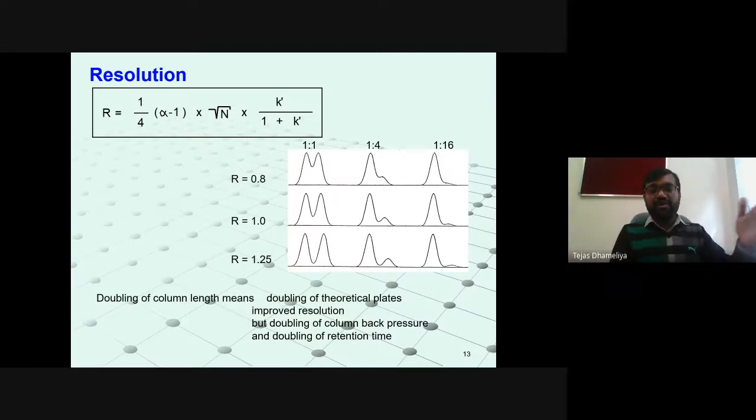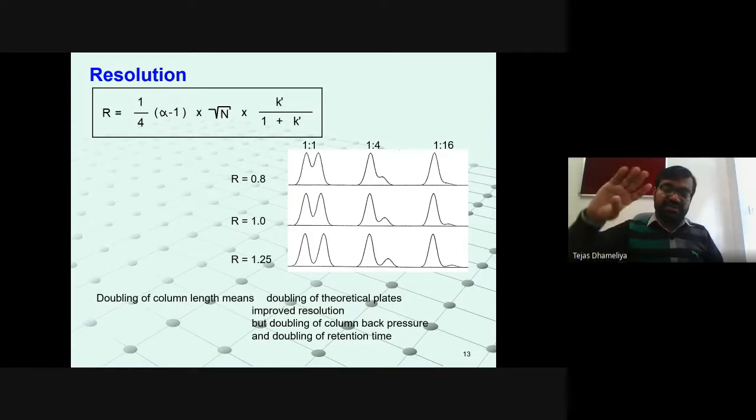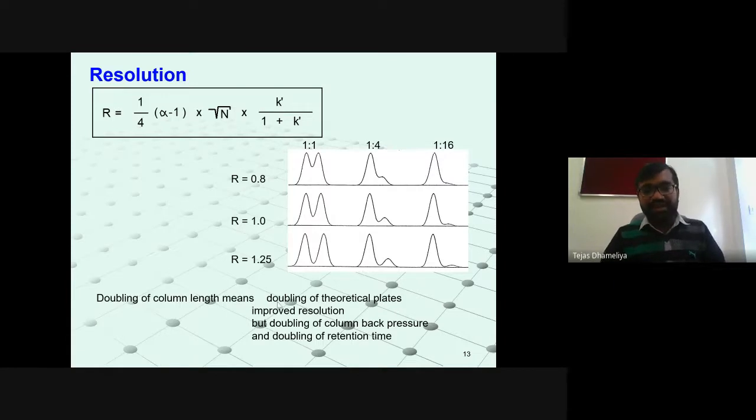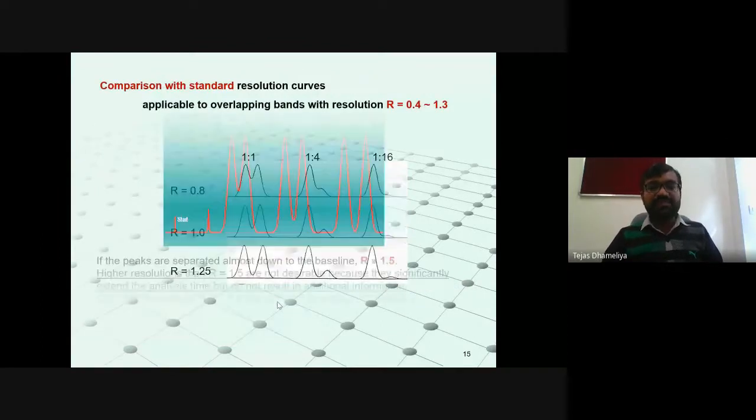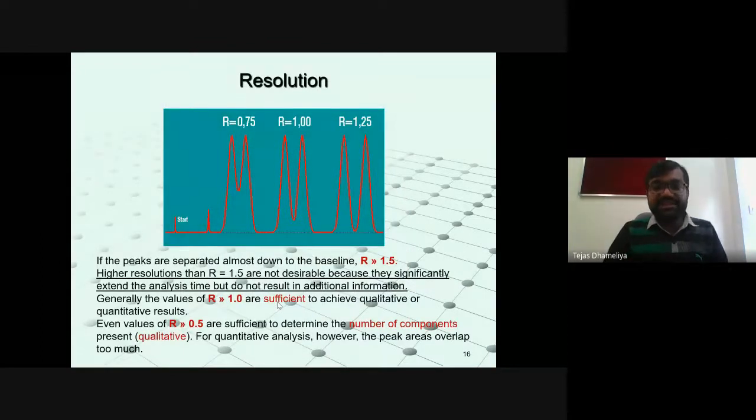Here, something called resolution is dependent upon retention time and dead volume. Here the resolution is dependent, in case of that, on some other parameters where the biologics are really involved. Right? So these are the basics of separation. I mean to say, for resolution, this is the formula. WA and WB are nothing but the widths of the baselines of the two particular peaks, A and B. Okay, so friends, this is the resolution.